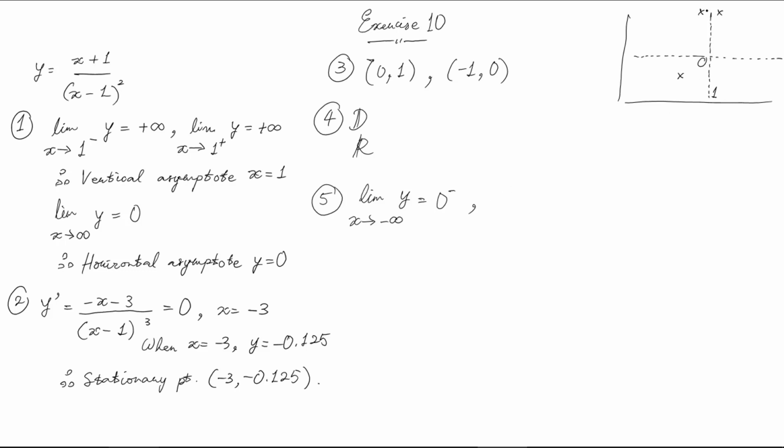And yes, if we take a look at this tracker, as the curve goes to the left, it is below the horizontal asymptote. And if we evaluate the limit as x approaches the right, you will have a 0 point something, a positive. So it's a value a little bit above this horizontal asymptote, so we are using 0 plus here. So as the curve goes to the right,